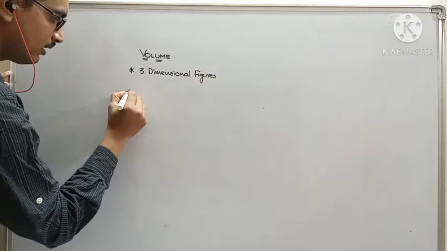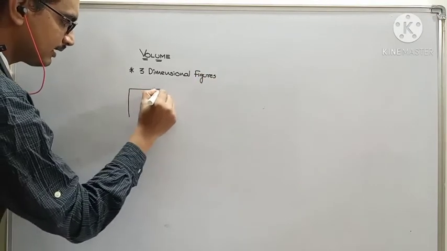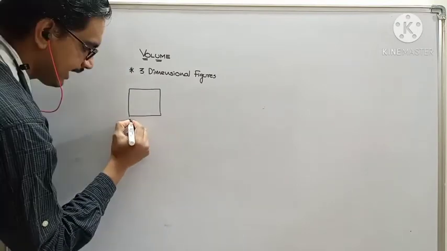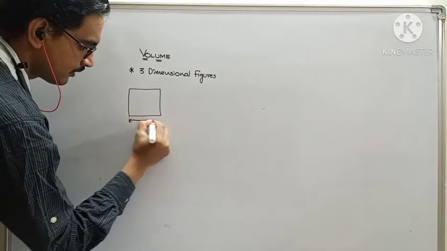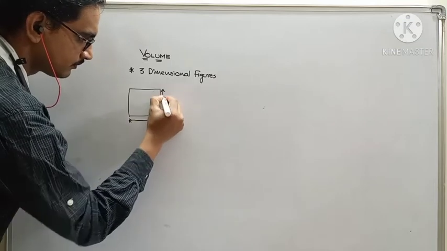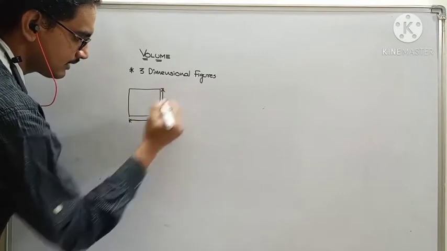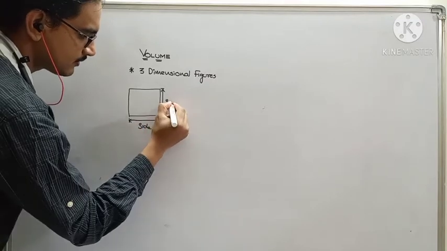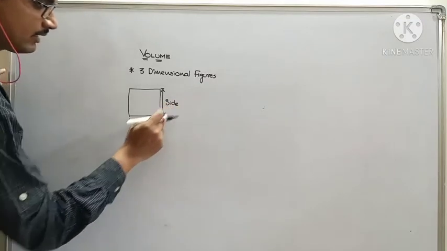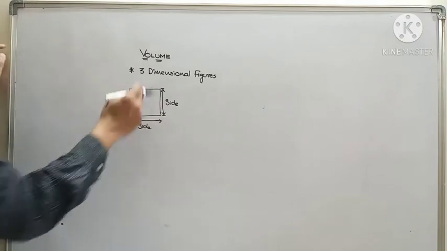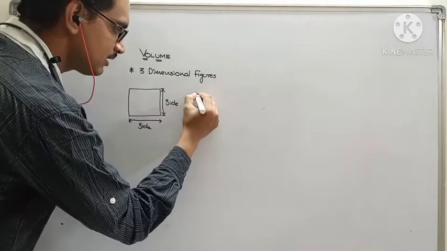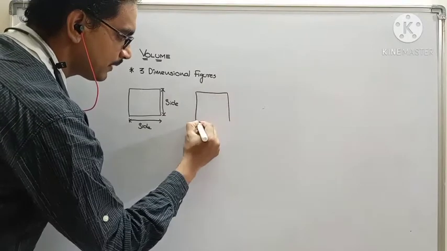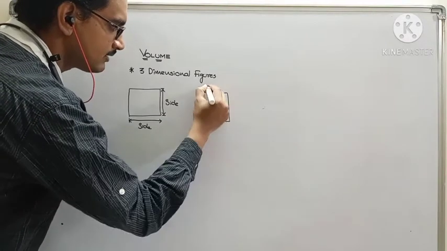For example, if you take a square like this, okay, a square like this, it carries two dimensions. Okay, this side and this side. So how many dimensions do we have here? Two dimensions. Whereas whenever we are pointing to three-dimensional figures, one additional dimension will come into the picture, that is, look,